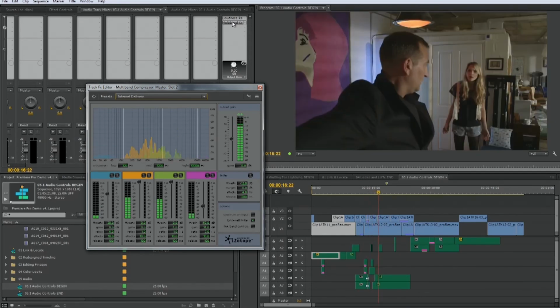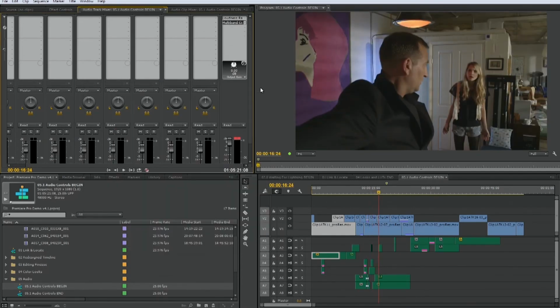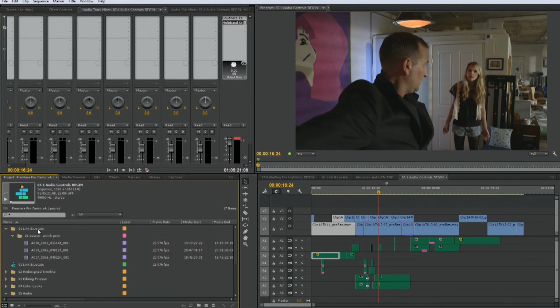I mentioned as well format support, so again we're more or less up to date in terms of actually being able to ingest virtually any type of codec from different camera formats. We looked at mixing them on the timeline before. Now I'll show you how we actually might go about outputting something like that. So if I find my audio controls sequence in the bin here and select that for output,